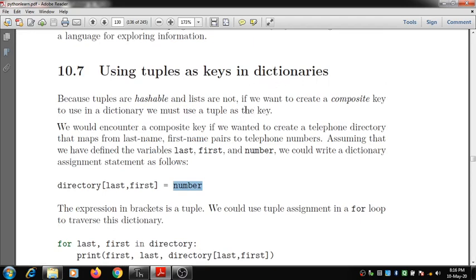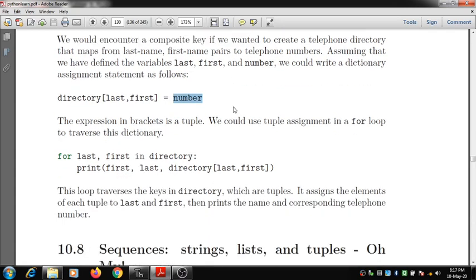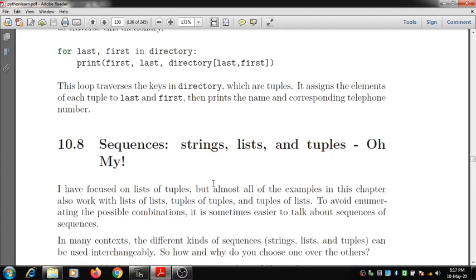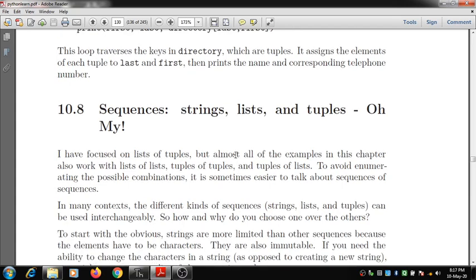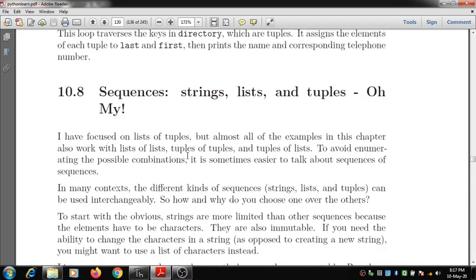So tuples and dictionaries can also be used in assigning the keys. The next part is sequences, that is strings, lists and tuples. We can have a combination of strings, lists and tuples.